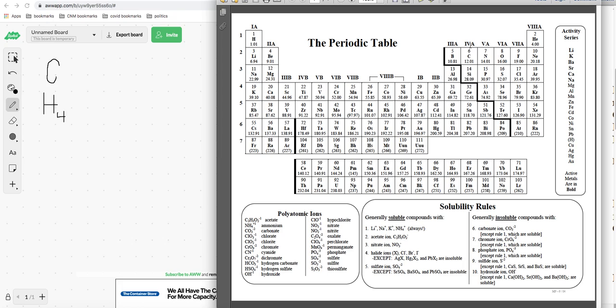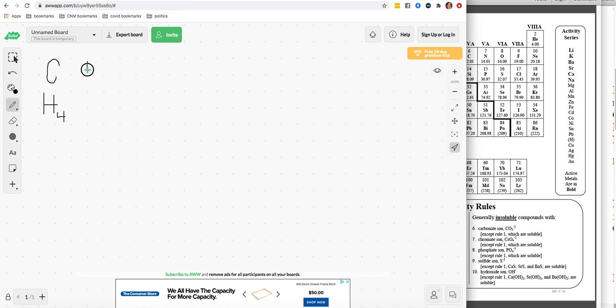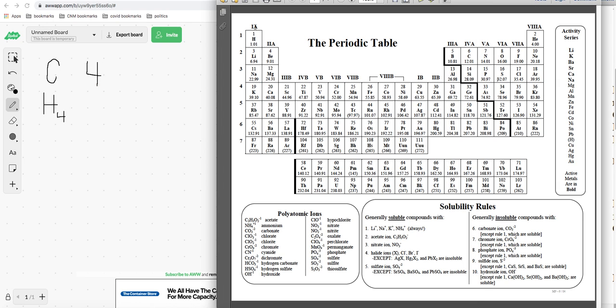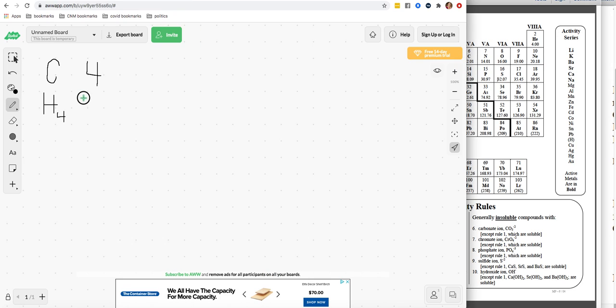So carbon has 4 valence electrons. Hydrogen has 1 valence electron, but we have 4 hydrogens. So for this, it's going to be 1 times 4, which of course equals 4. And then we're going to add these 4 from the carbon, these 4 from the hydrogen, for a total of 8